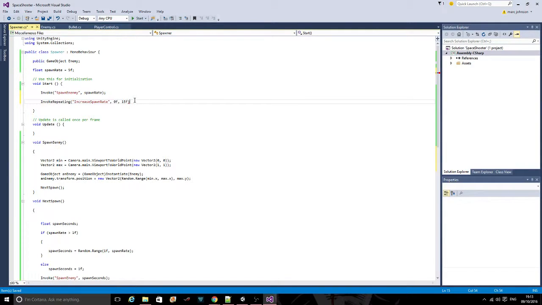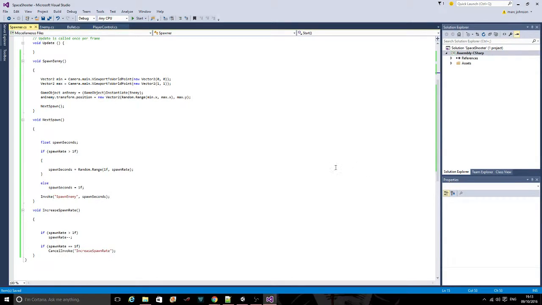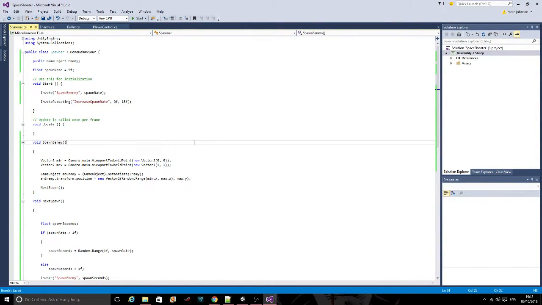Ooh, semicolon in the wrong place. So what that will do is after every 15 seconds it will increase the spawn rate. After 15 seconds it will increase the spawn rate, then after another 15 it will increase again by 1. Okay,